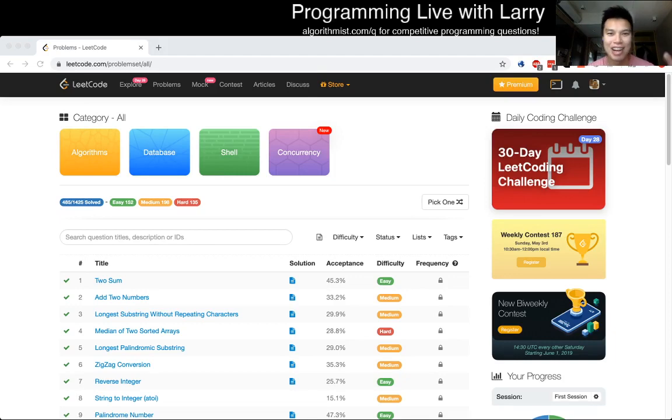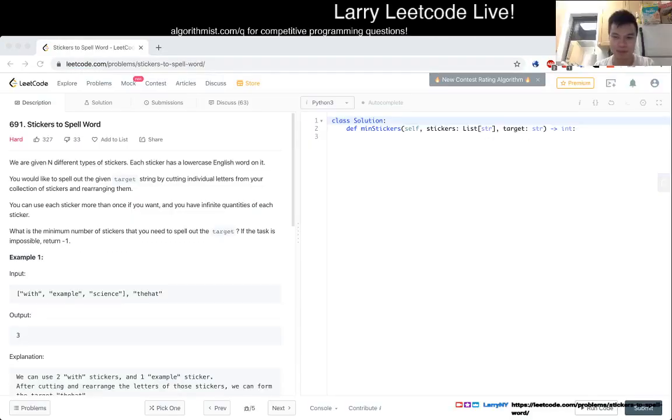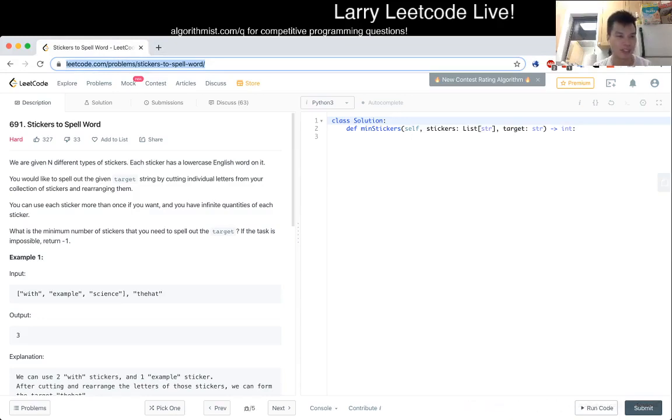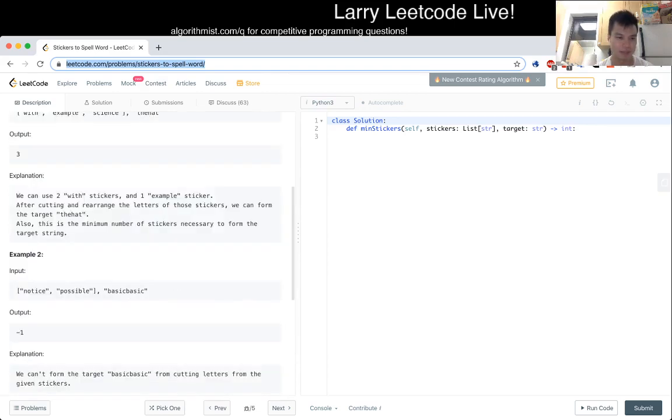I'm gonna solve it live right about now. 691, Stickers to Spell Word. We're given n different types of stickers. Each sticker has a lowercase English word on it. You'd like to spell out the given target string by cutting individual letters from your collection of stickers and rearranging them. You can use each sticker more than once if you want, and you have infinite quantities of each sticker. What is the minimal number of stickers you need to spell a target? If the task is impossible, return -1. My intuition is greedy, but